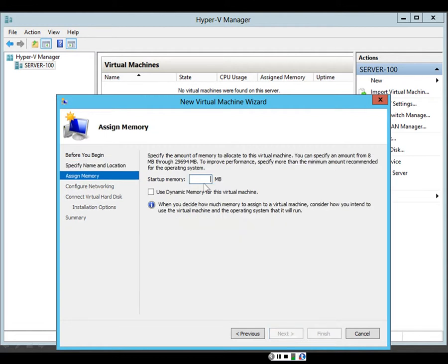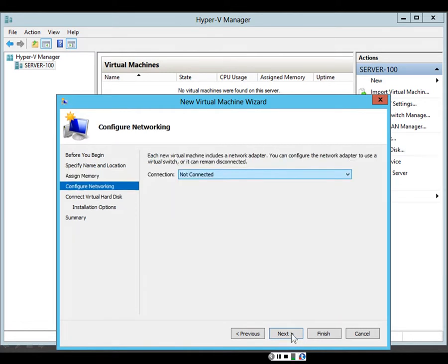Then it says, how much memory do you want to assign to this virtual machine? Well, in this case, the entire computer has 32 gig of RAM. So I will just assign 4 gig of RAM to this virtual machine. I can always assign more later if necessary. But in this case, I will just assign 4 gig because that's all I think I'm going to need. Dynamic memory we will discuss later. Click on Next. Then I select the virtual switch that I previously created, which is connected to our Ethernet card,